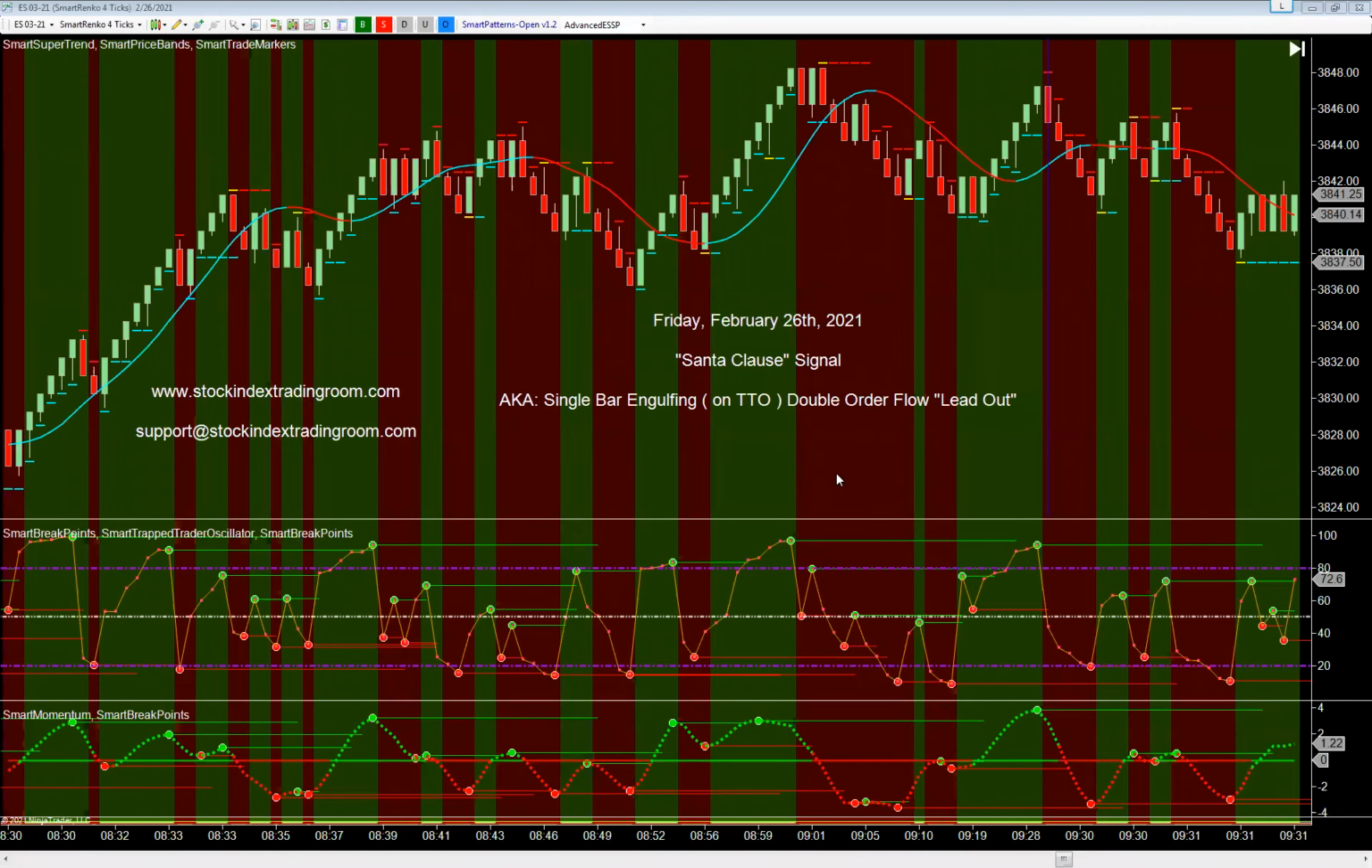So what we're going to talk about today is Trapped Trader Oscillator, which is this indicator in the second panel on our chart. We're going to talk about these large dots on reversal bars called smart breakpoints, and these horizontal green and red lines represent an indication for that. And then when Trapped Trader Oscillator fires through these, it gives us an indication of a lead out in